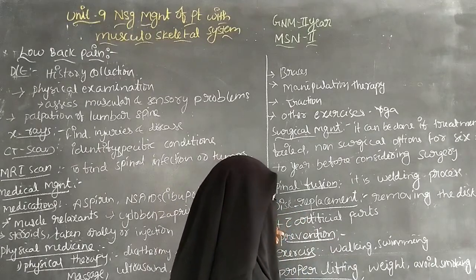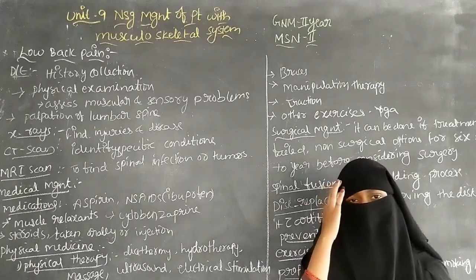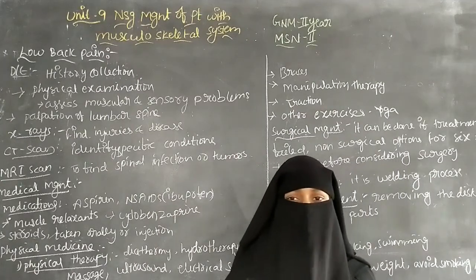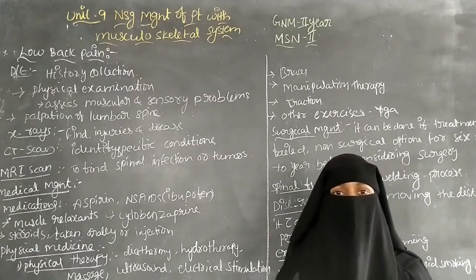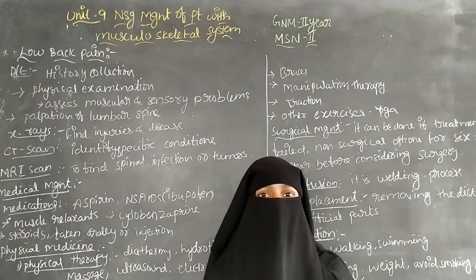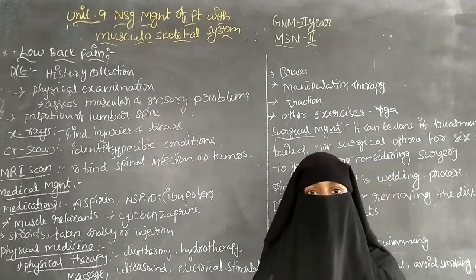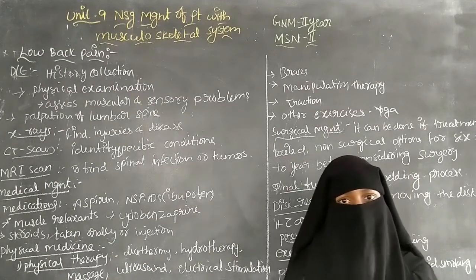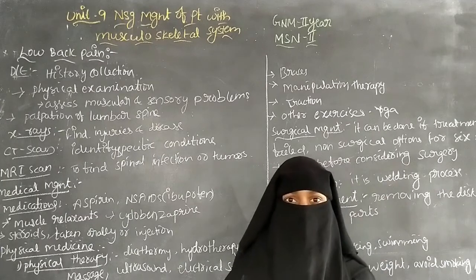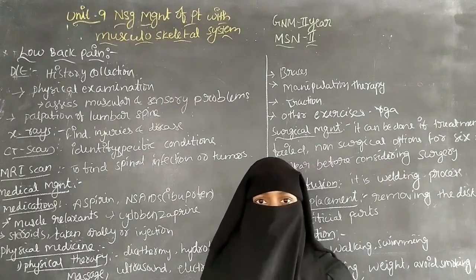And the next one is disc replacement. In disc replacement, a damaged disc is removed because of the loss of function of the disc. We remove the disc and there is a replacement with metal or plastic devices in the spinal cord, just as with a hip fracture or knee fracture, where we can use devices to support the bones.